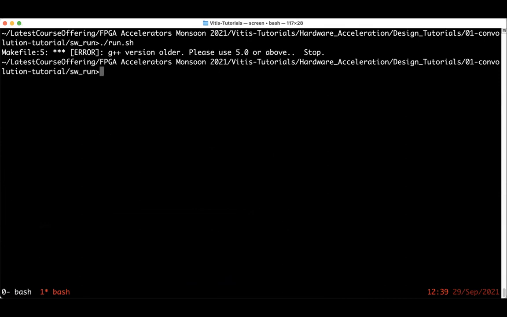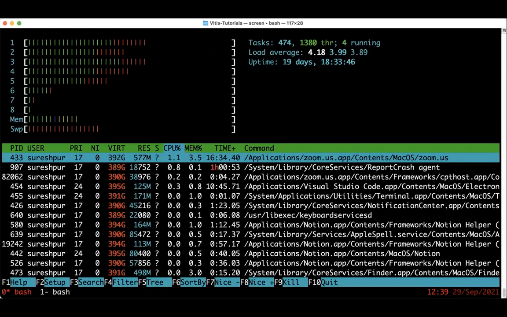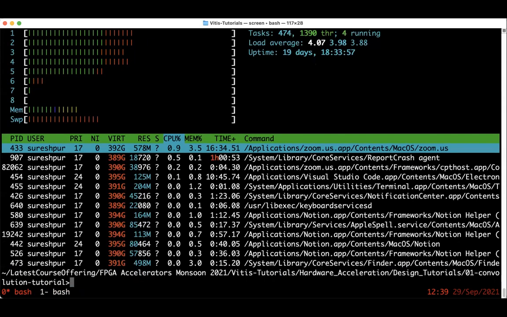I ran it on my Linux machine yesterday. As soon as I started running, 3 cores became busy, because we told OpenMP to use 3 threads for parallel execution.